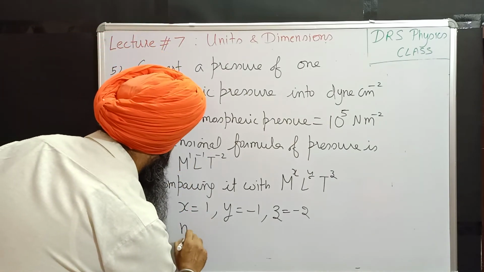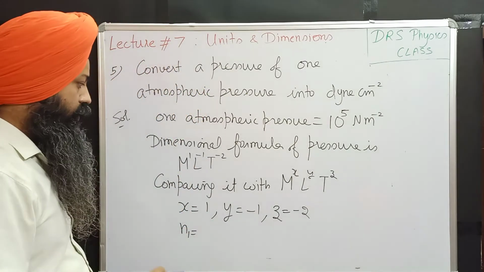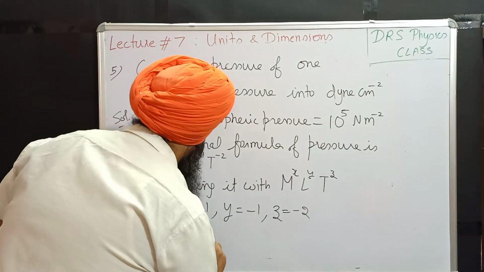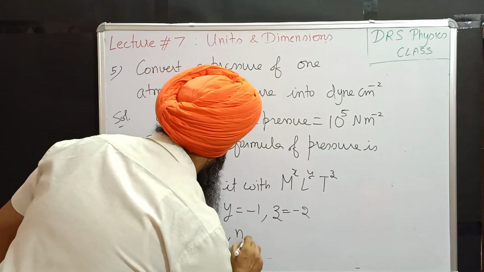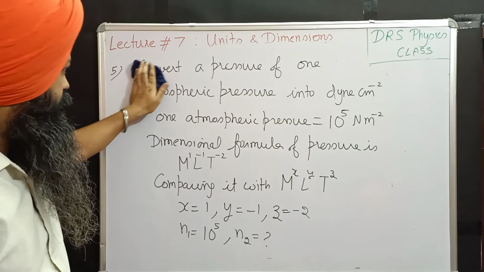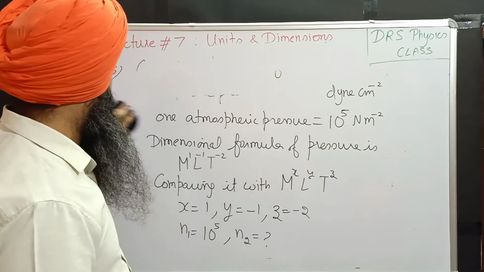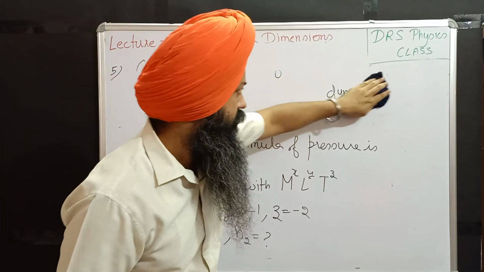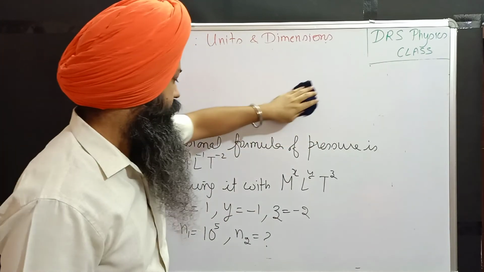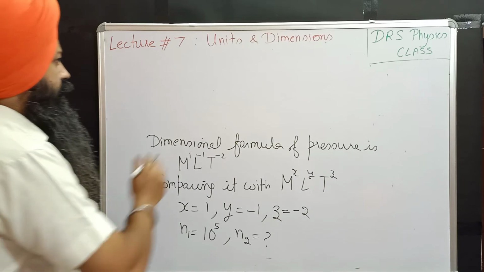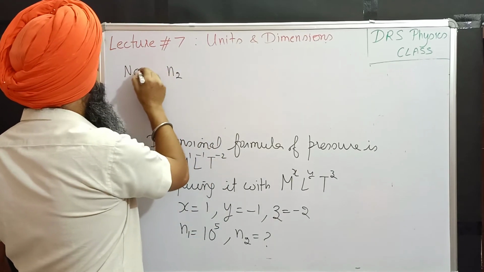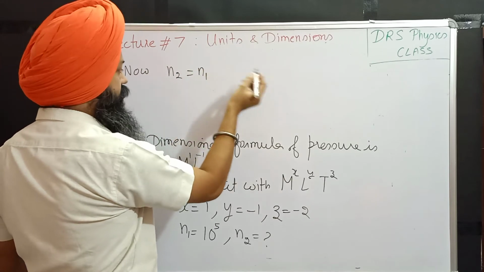We have to move from Newton per meter square to dyne per centimeter square. So the value of n1 is 10 to the power 5. n2 is to be found. So applying the same formula, n2 is equal to n1